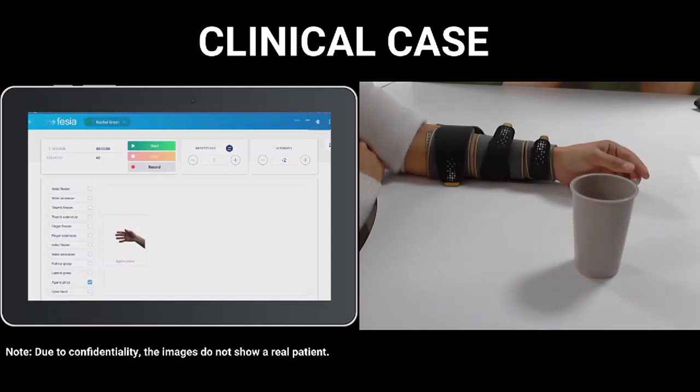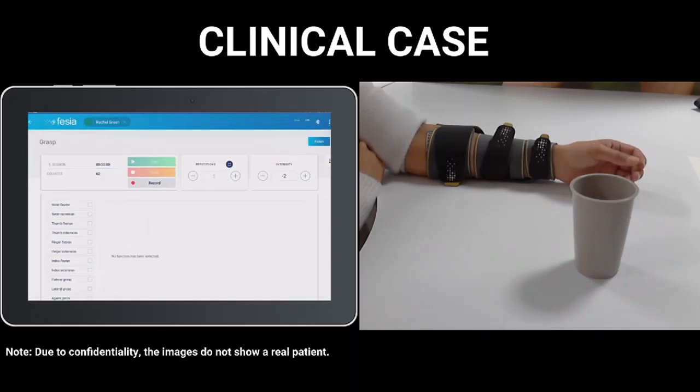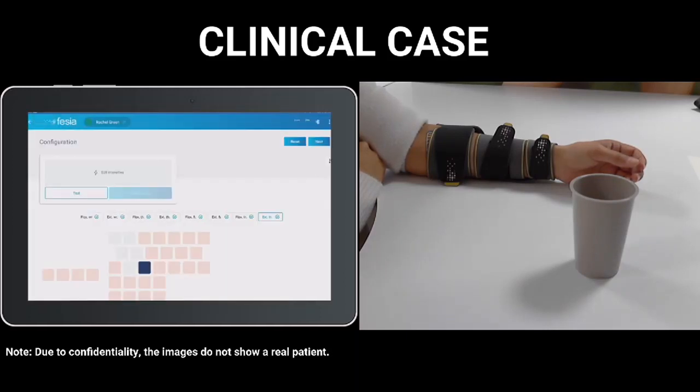one, which involves the grasping of a glass. Therefore, we will imagine that Rachel doesn't have any problem to extend the fingers 2, 3, 4, and 5. And we are going to select only the extension of the thumb, which is the more impaired movement in this patient. Therefore, I came to the previous screen, the configuration screen, and I select the thumb extension,